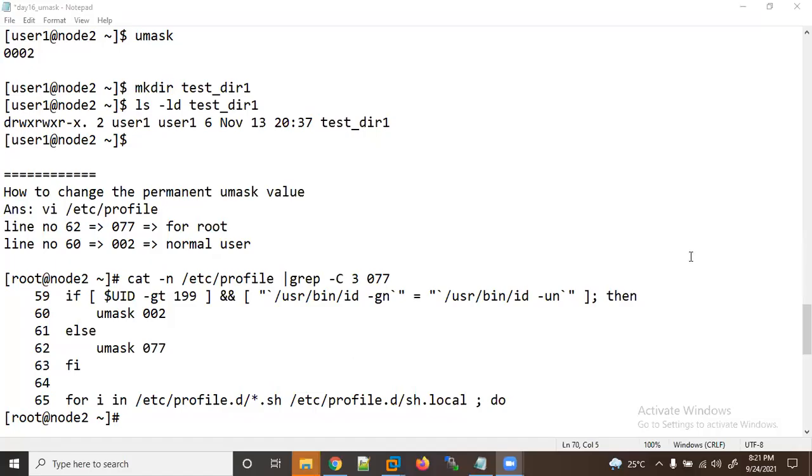Welcome to all. So let's continue with umask. How to change the umask value permanently? So what is a umask? Umask is a value that handles the creation of new files or directories, and we